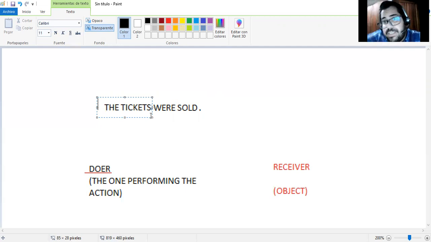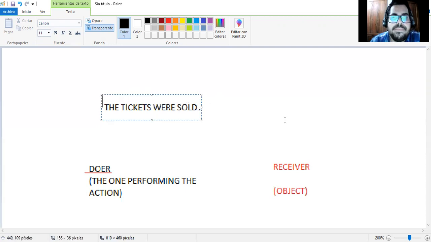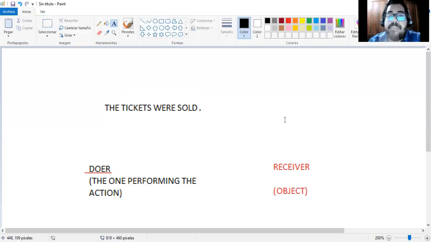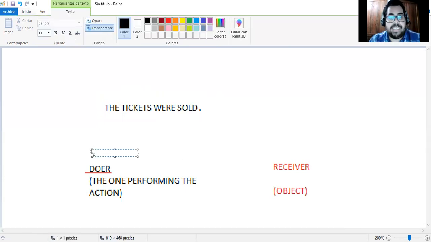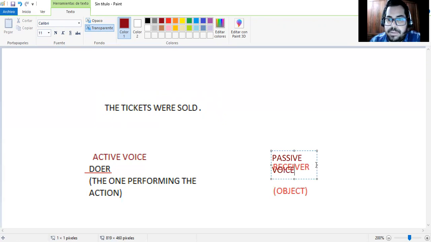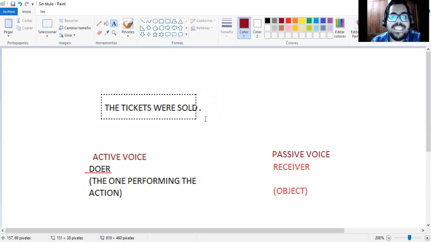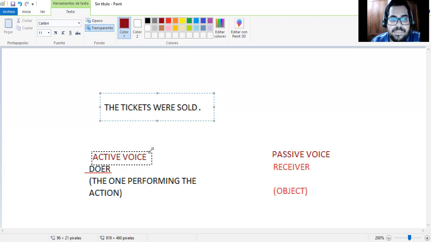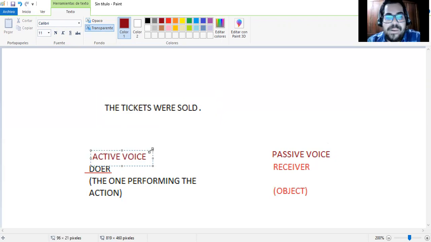Well, my point is, try to switch this. Remember, let me write it here, guys. This is active voice, right? We care about the doer. In the passive voice, we care about the receiver. Okay, yes, teacher, we're clear that this is passive voice, but we need to change this sentence into active.